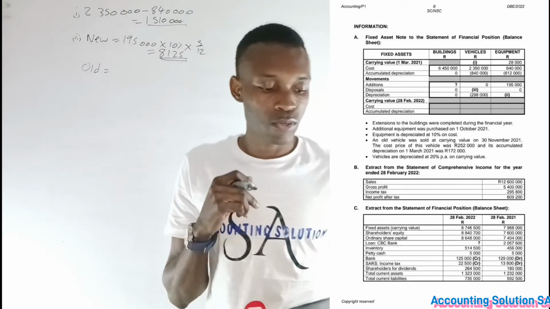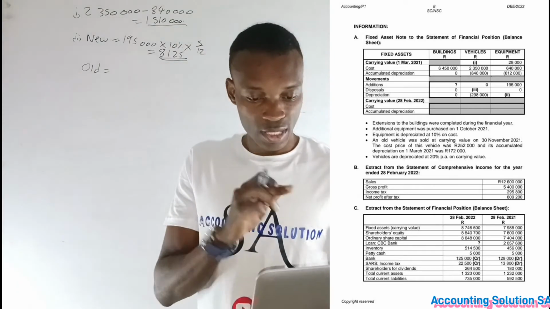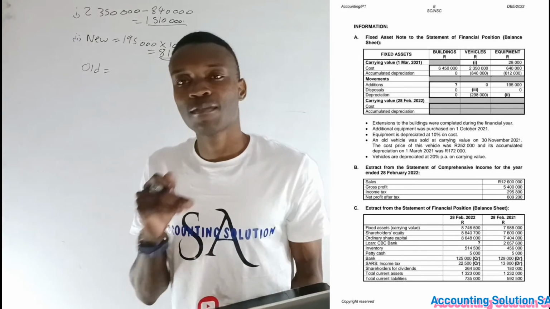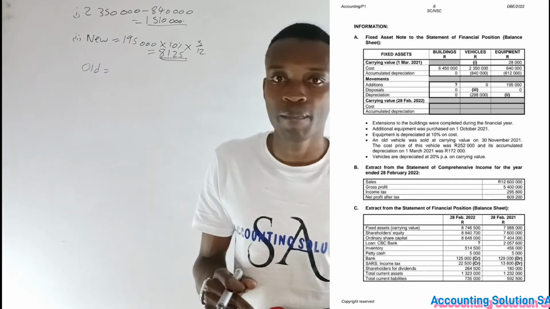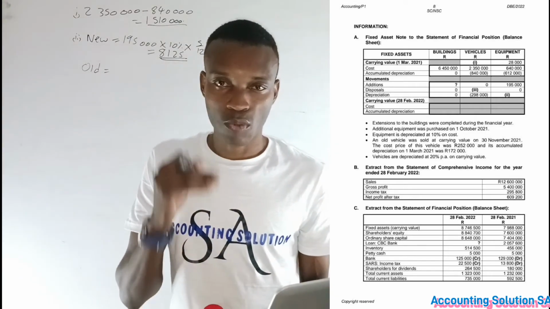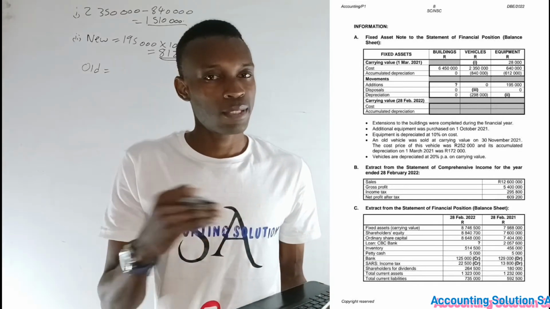Now, if we do the calculation using the cost, we are going to say 640 multiplied by 10%. Listen very, very carefully, grade 12, in this one. If we calculate our depreciation using the cost, we are going to say 640 multiplied by 10%, which is going